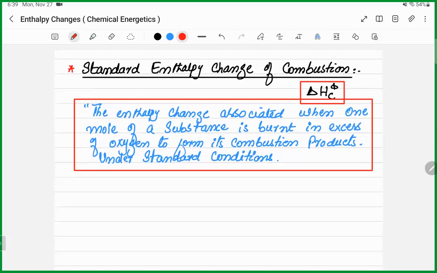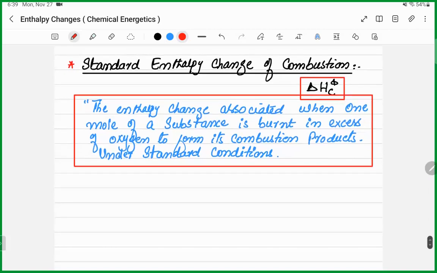Make sure कि आपको ये बात याद हो कि 1 mole of a compound or of a substance, element or a compound burned in an excess of oxygen to give its combustion product. ठीक है, लिख ली डेफिनेशन। एग्जाम्पल,